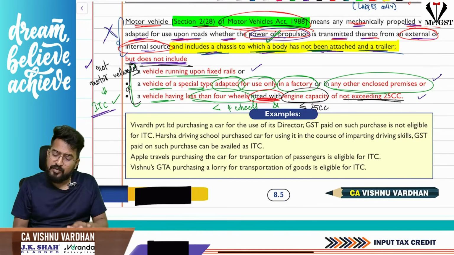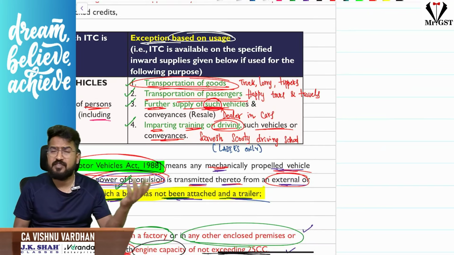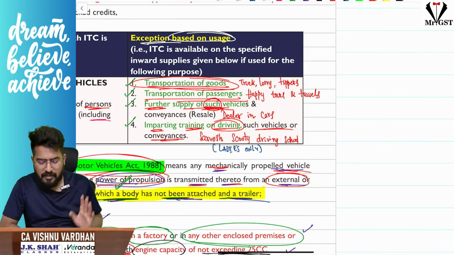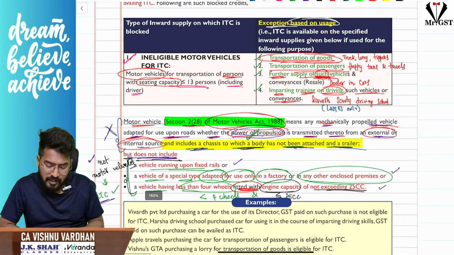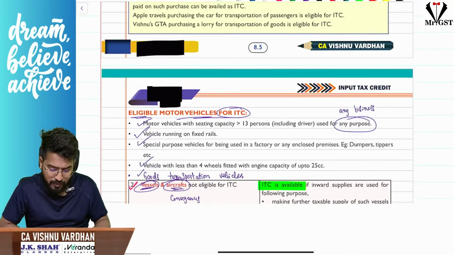Sir, I am buying less than or equal to 13 seating capacity, but for these purposes, for transporting goods, passengers, further supply of such conveyances, and imparting training in driving skills, then you can take ITC. In other cases, you cannot take ITC if it is less than or equal to 13 seating capacity. Hope it is clear for you. Next,